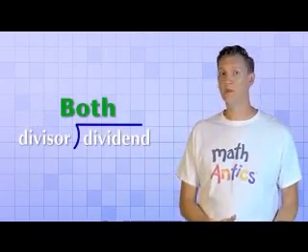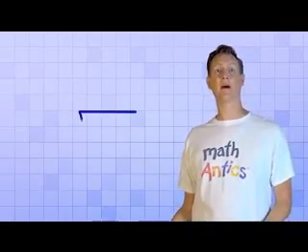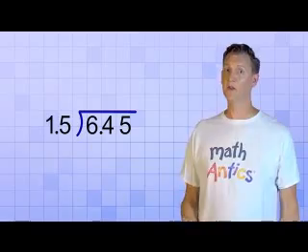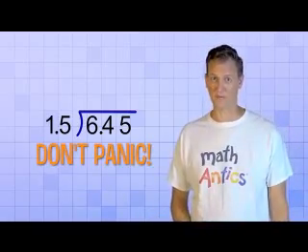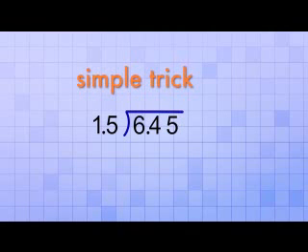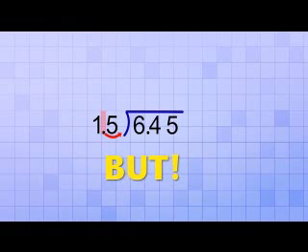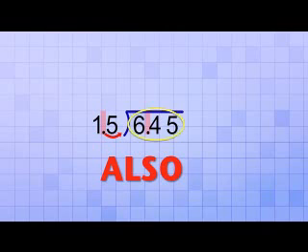But what if both the divisor and the dividend are decimals? Like, what if you have to divide 6.45 by 1.5? Well, the first step is don't panic. As you'll see, this isn't much harder. It turns out that there's a very simple trick that we can use to make it so our divisor is not a decimal number. We can just shift the decimal point in the divisor to the right until it's a whole number. But if we do that, then we also need to shift the decimal in the dividend the same